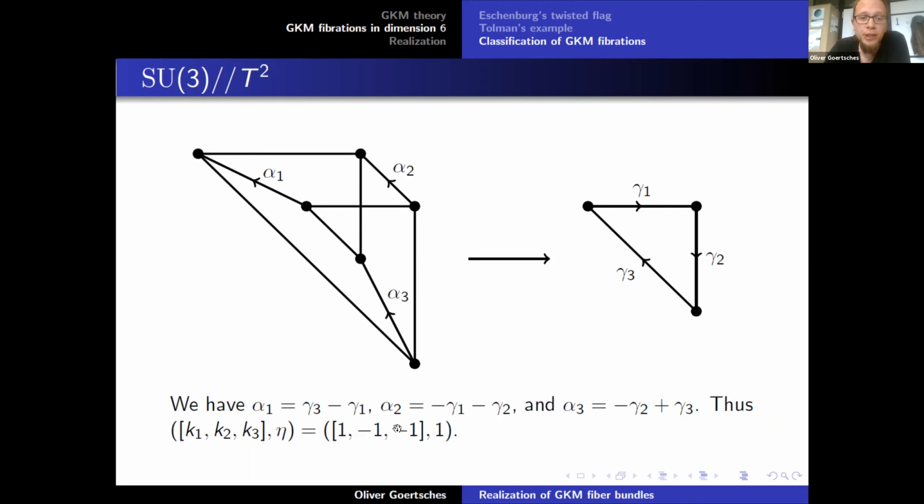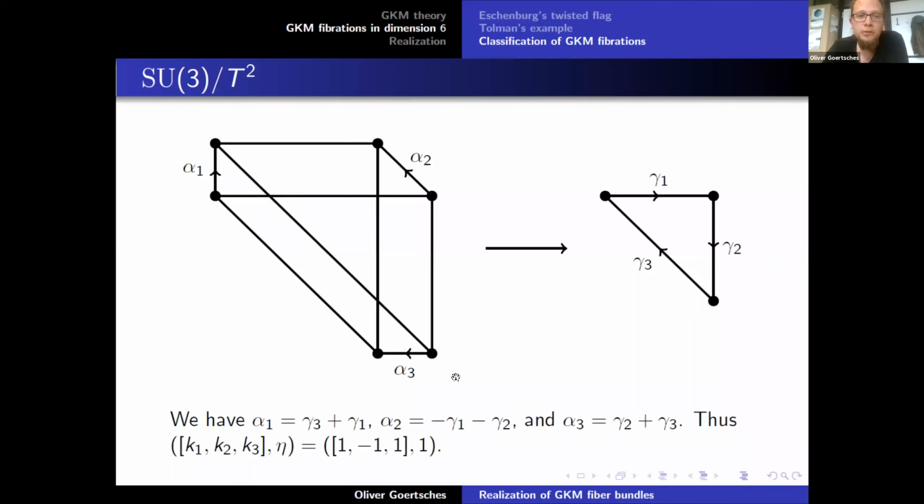Okay, so what happens when I change one of these numbers, right? For instance, let me change the third of these k's here to +1. Then we get this example, namely the standard flag, right? So one can do the same computation. Just changing a single number in this k_i results in drastic changes in this graph. Again, this is the well-known GKM graph of the standard flag, which is again twisted. So we have a 1 here, and it corresponds to these numbers.